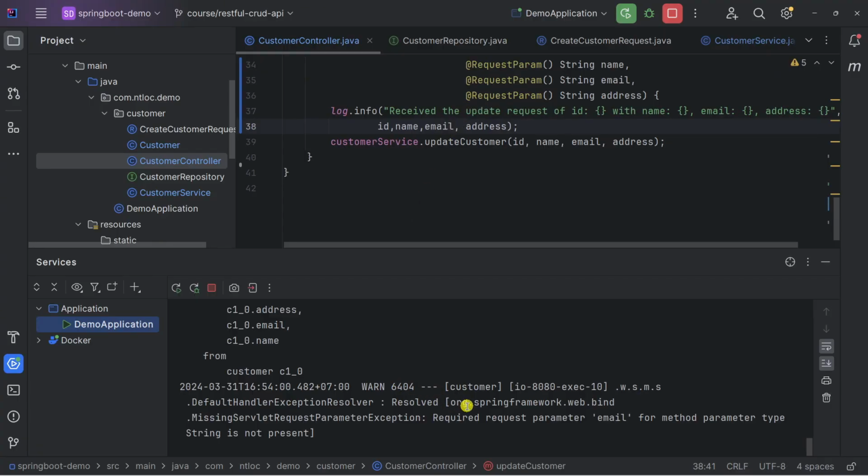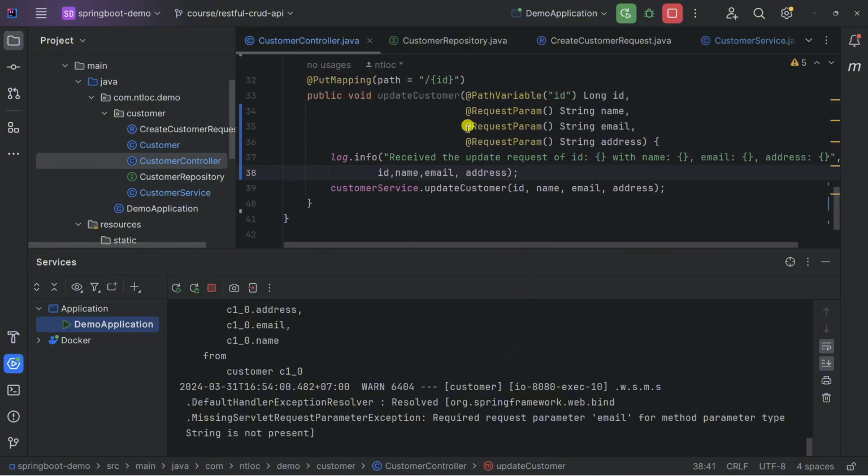Back to the IntelliJ, and you can see here we have the MissingServletRequestParameterException, and the message is that the parameter email is not present, and it stops the request in the customer controller here. And to fix this, what we are going to do is very straightforward.